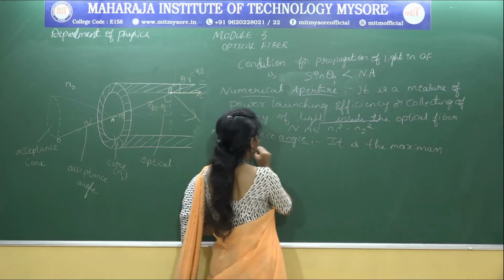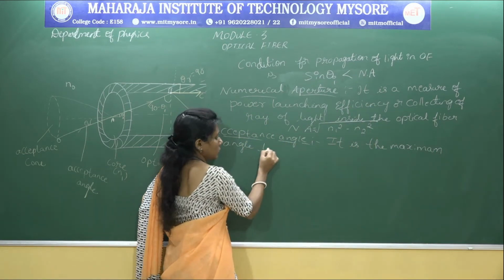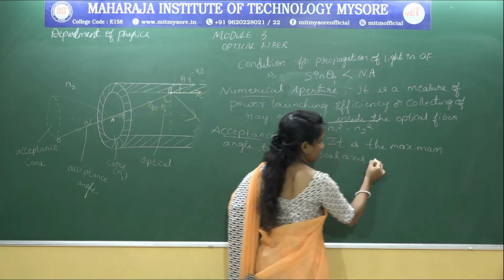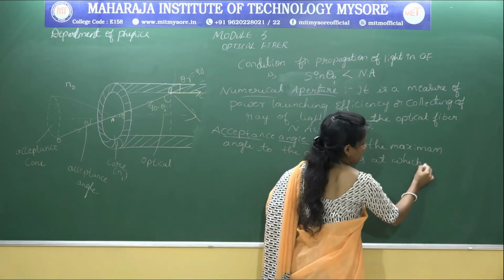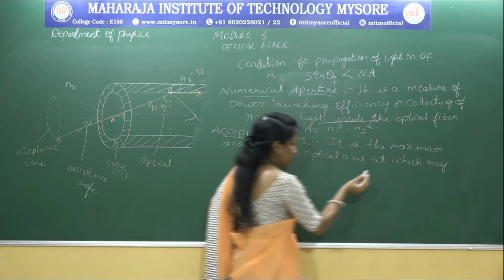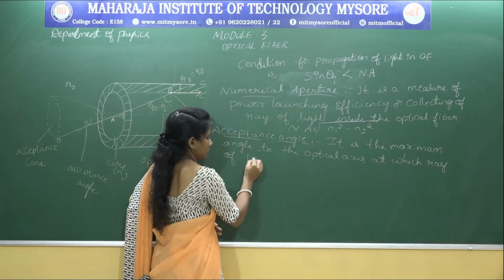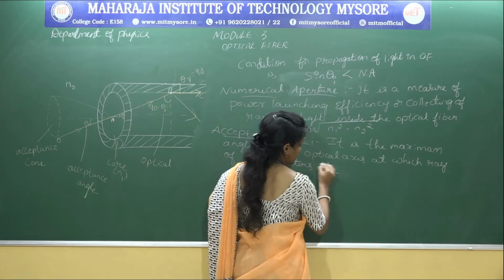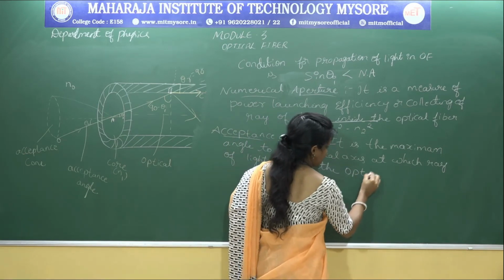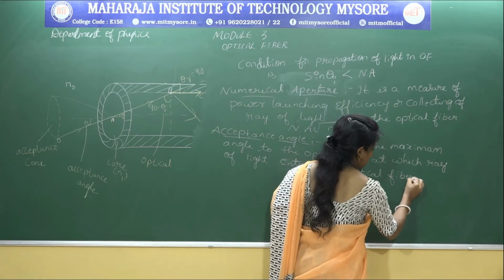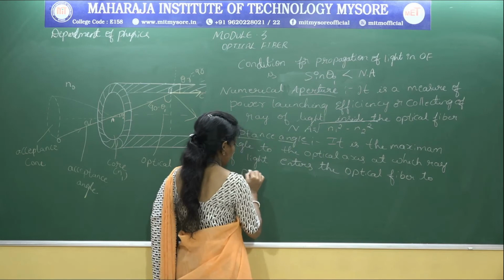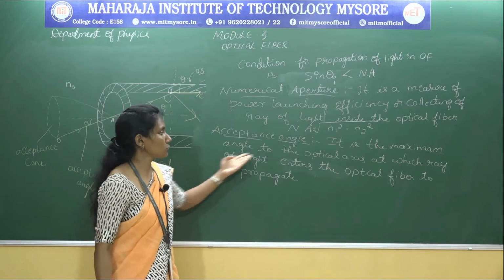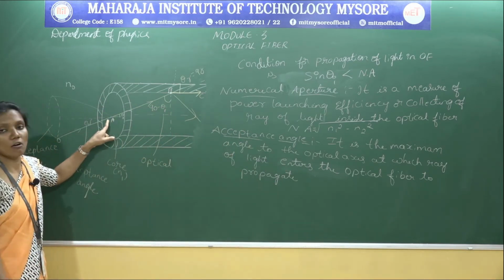So, it is the maximum angle to the optic axis at which a ray of light propagates. It is the maximum angle to the optical axis at which a ray of light enters the optical fiber